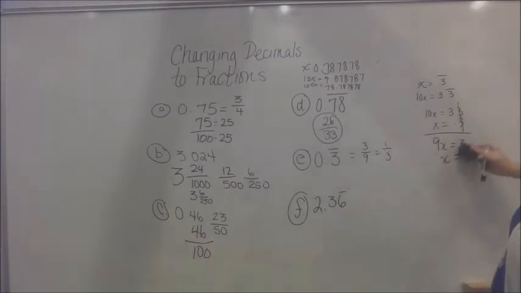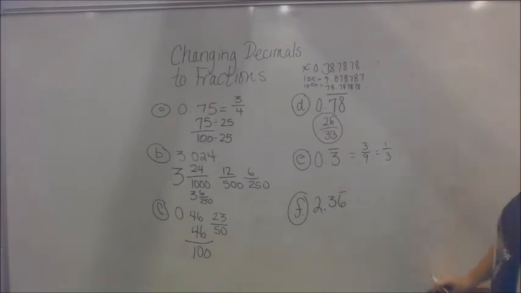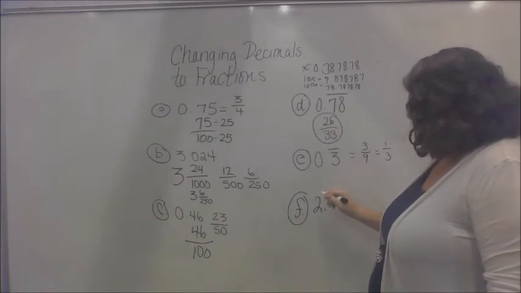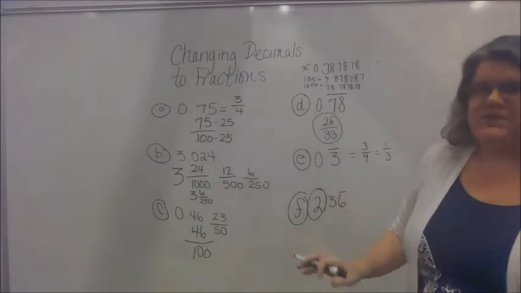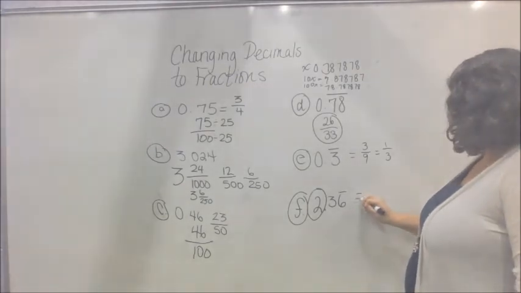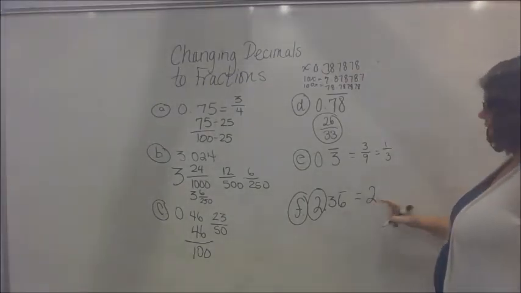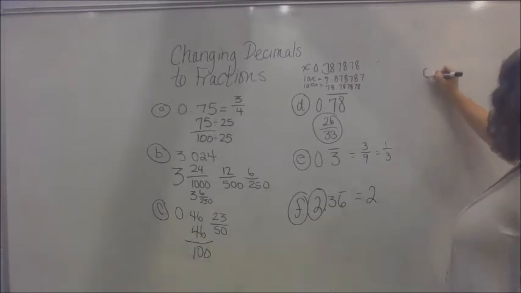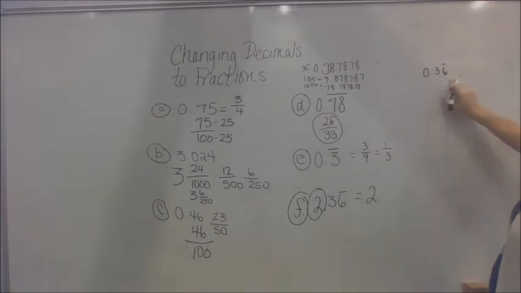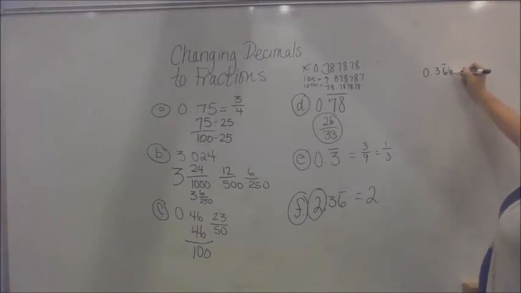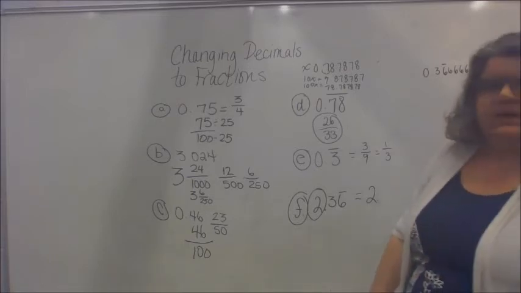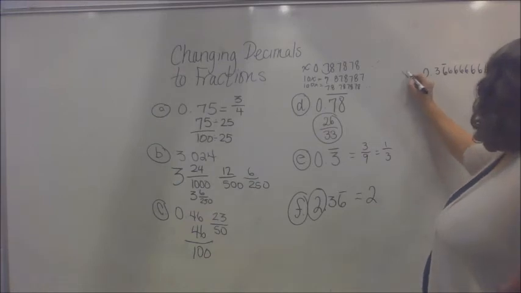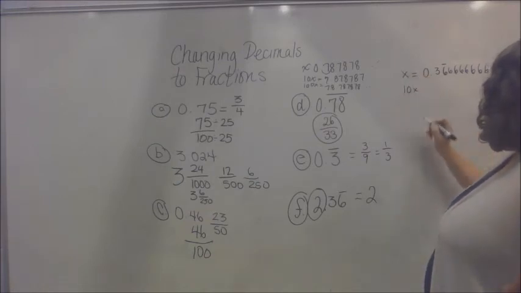So, for the last one, this 2 always makes life harder for me, in my opinion, so I'm just going to ignore it. I'm going to know that my answer is going to be a mixed number that has a 2 as that whole number part. So I'm just going to deal with 0.36, where the bar notation is just over that 6. That means that there's not 3 6 repeating, it just means that the 6's go on forever over here. So this is what x equals. 10x equals